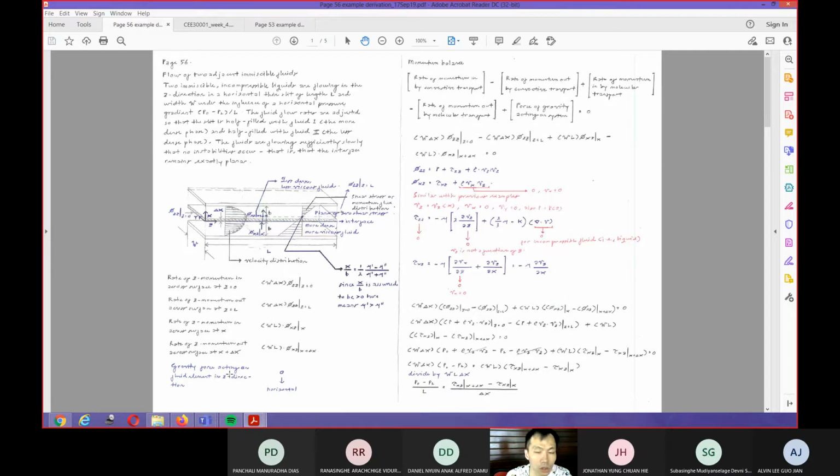And then we also need to account for the gravity force, but because the movement is in this particular direction, which makes a 90 degree angle with the direction of gravity, we have 0 gravity force in the direction of the flow. Okay, so everybody gets it. That is very important because it's a horizontal movement. So gravity does not apply when you have a horizontal movement because it makes a 90 degree angle with gravity.